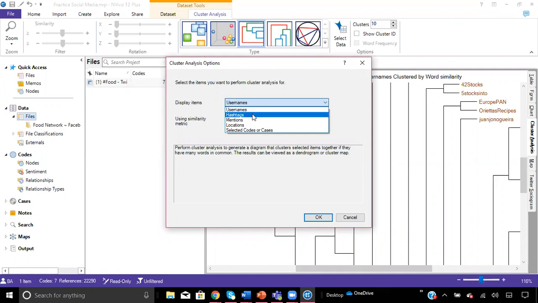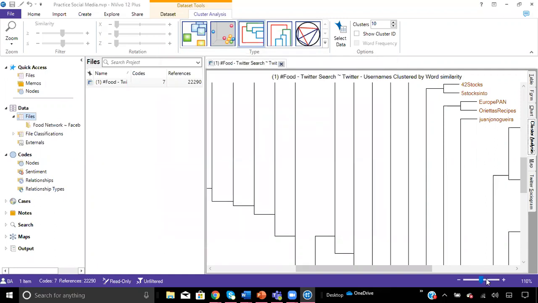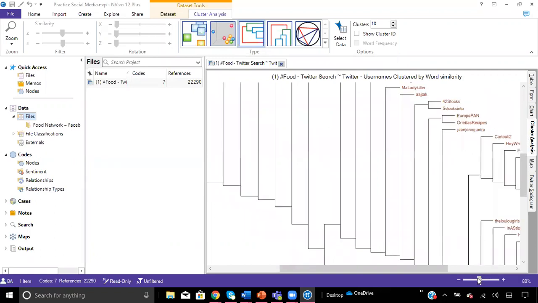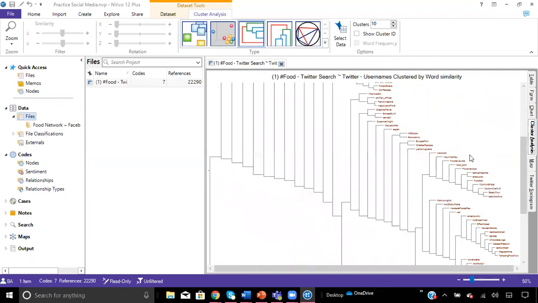You can also do other hashtags other than food that were mentioned in the post, mentions, locations, or selected codes or cases, and display how similar those words are to each other. But for this example, it used username, so it's grouping all the usernames in this diagram by their similarity and kind of creating a word tree.